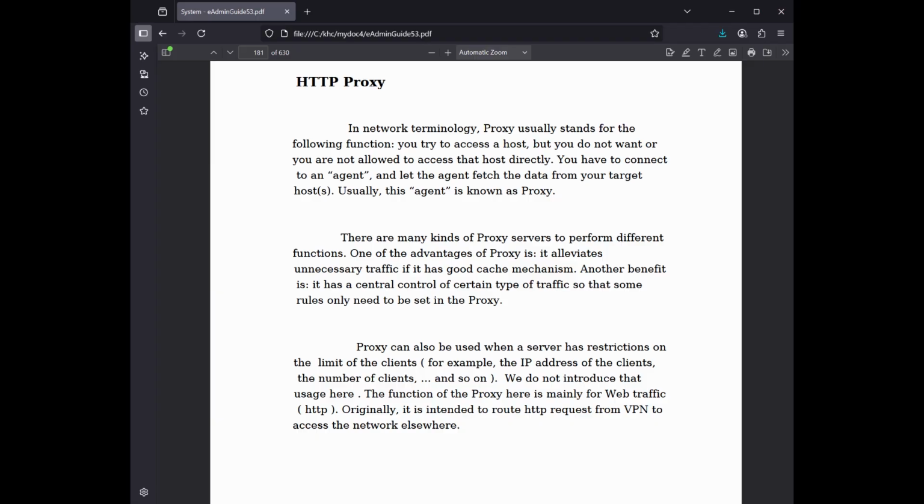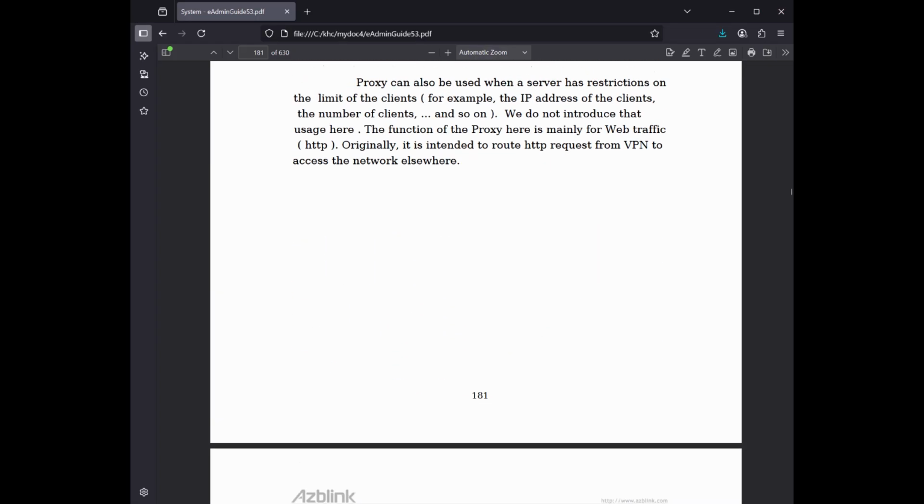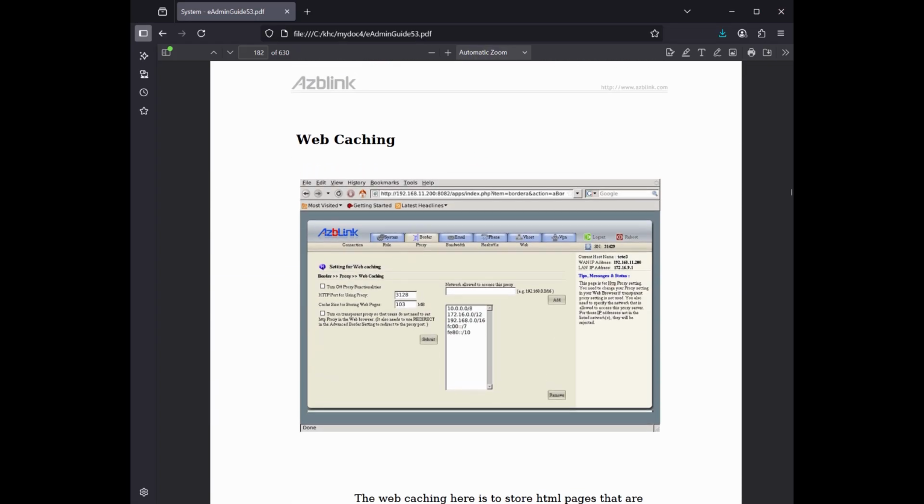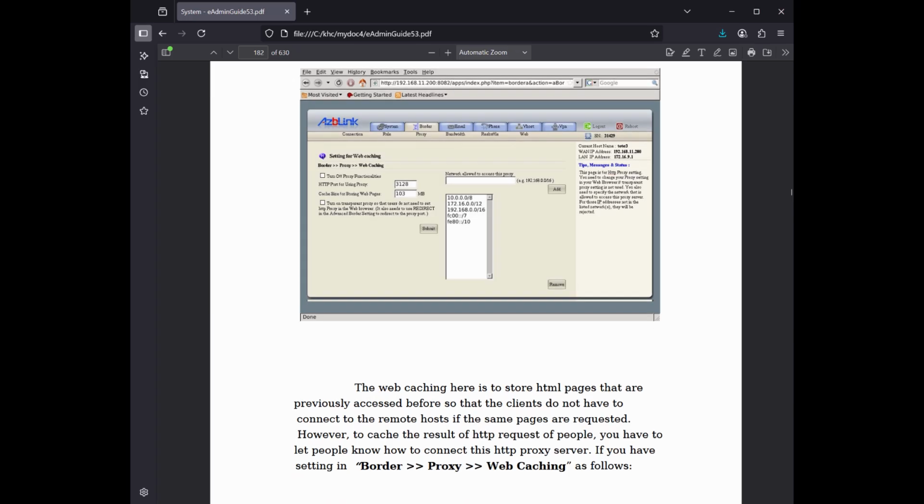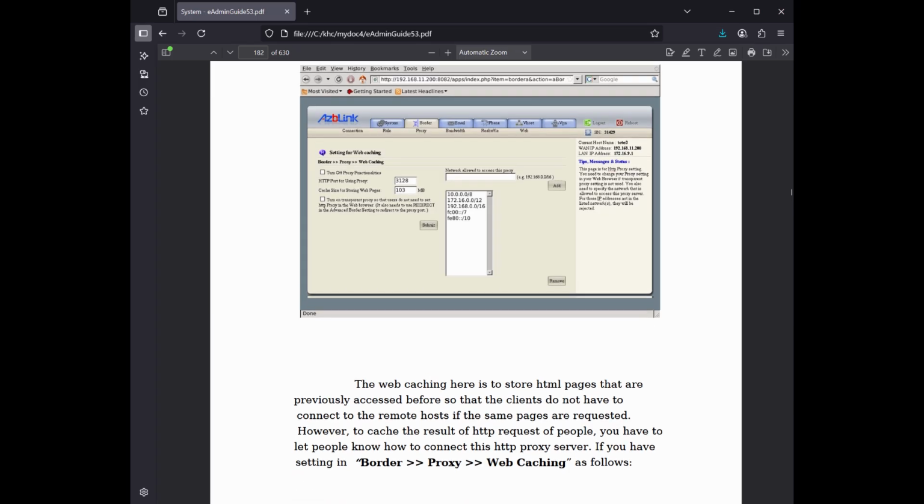Web caching. The web caching here is to store HTML pages that were previously accessed so that the clients do not have to connect to the remote hosts if the same pages are requested. However, to cache the results of people's HTTP requests, you have to let people know how to connect to this HTTP proxy server. If you have the setting in border proxy web caching as follows, HTTP port for using proxy,